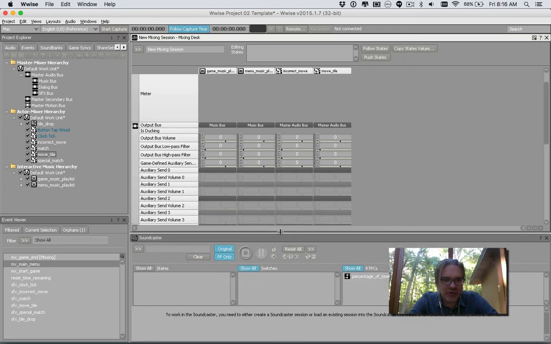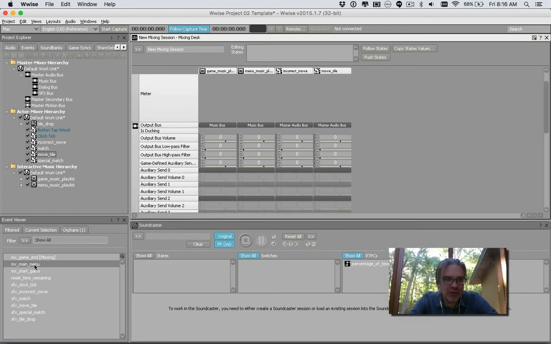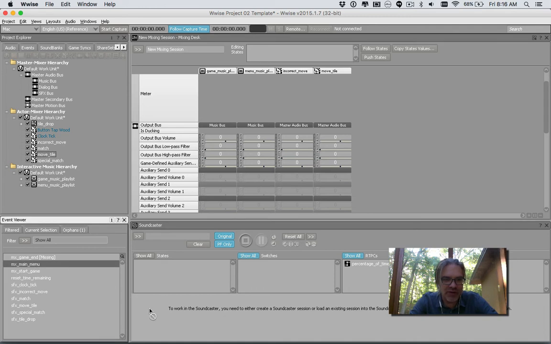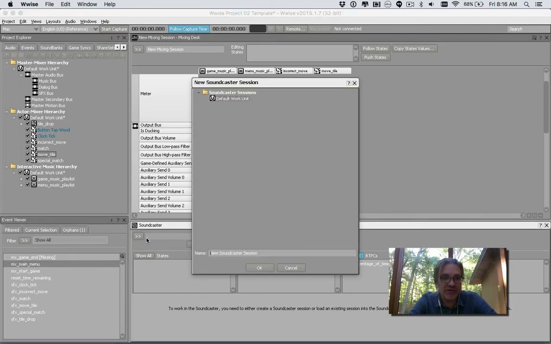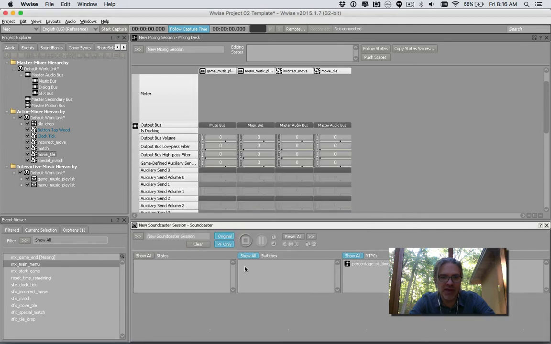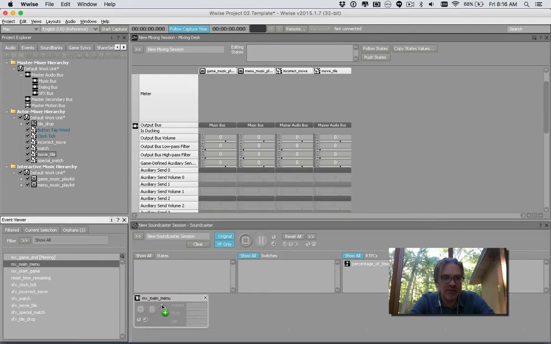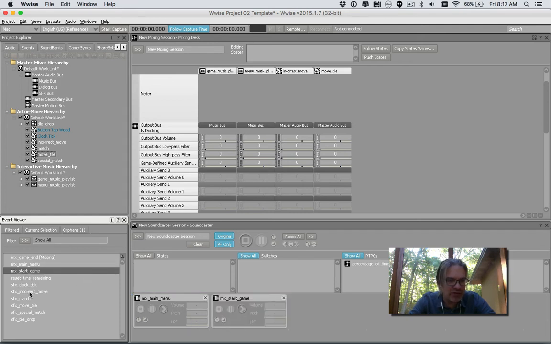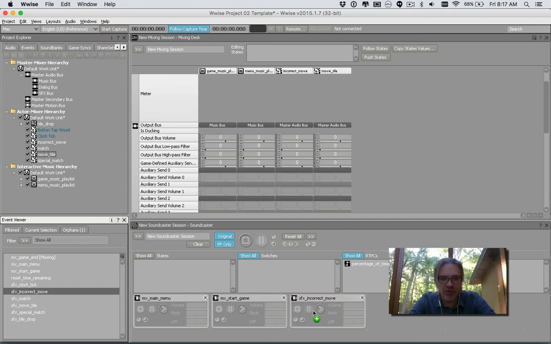Okay, so now you can use the accompanying Soundcaster window to pull these events in if you want. So what I'll do is pull in the main menu here. Oops, I need a new Soundcaster itself, so I'll create a new Soundcaster session and pull my main menu music in. We'll also pull the start game music in, and I'll give us one sound effect, the incorrect move sound effect. All right, so I can play these now,